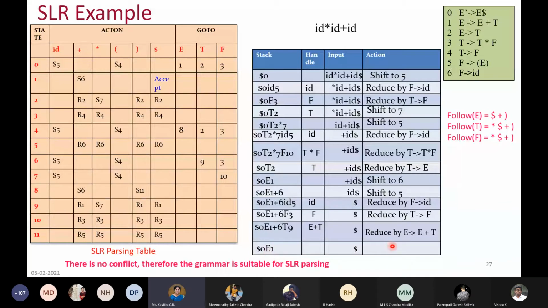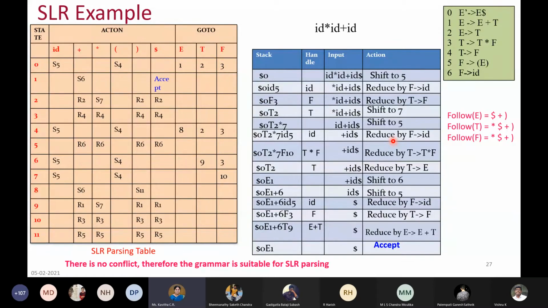Okay, then you can say it is accept, because according to state number 1, if you go back and see in your parsing table also, at state number 1, when you are reading dollar, it is accept. So this is the only condition where you say accept. In the rest of the places, you will never say it is accept. Okay, so it has completed the parsing successfully now, and there is no conflict also. This particular grammar is suitable for SLR parsing.